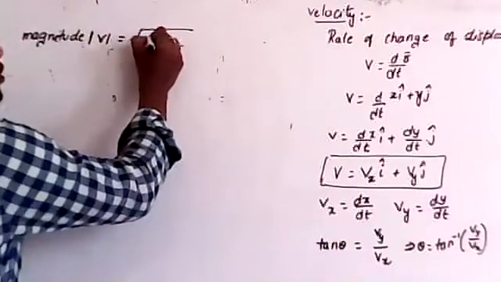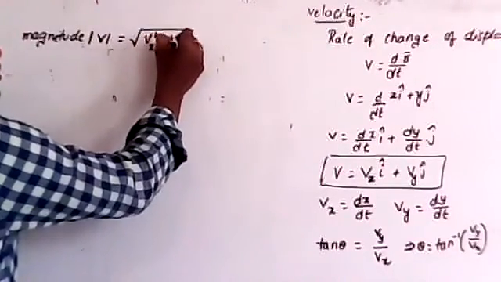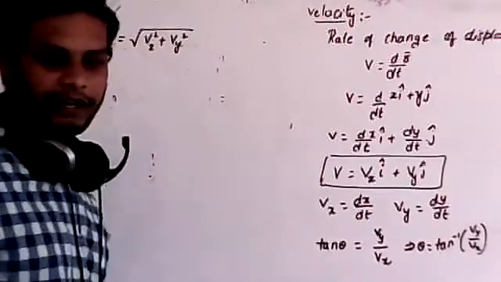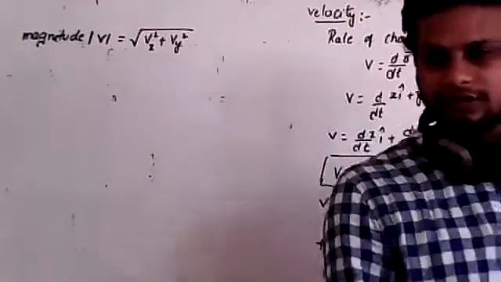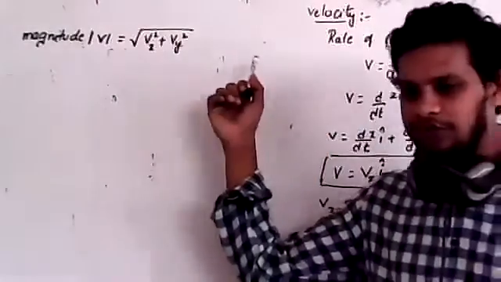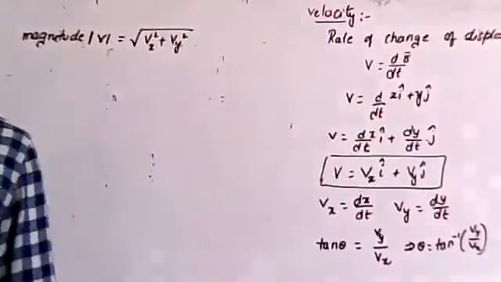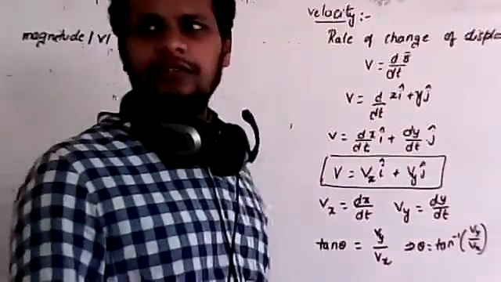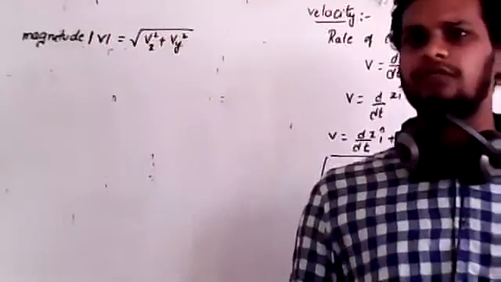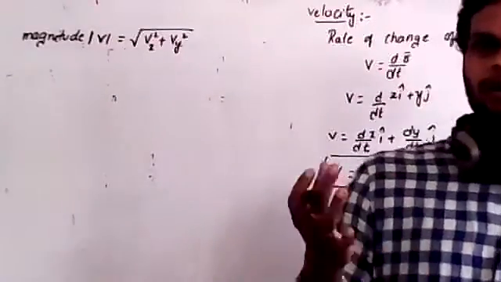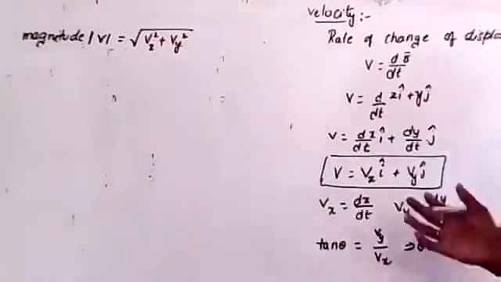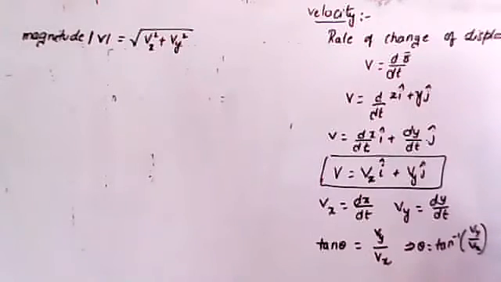So what is magnitude V? Magnitude of V bar is equal to root of Vx square plus Vy square. Very good, Shravan. If you take three dimensions, it is Vx square plus Vy square plus Vz square. That is your wish, that you can understand. I will explain in two dimensions. Very good, Anirudh.